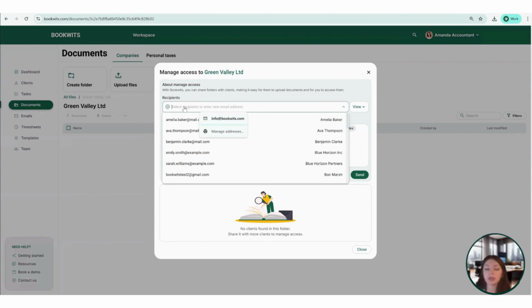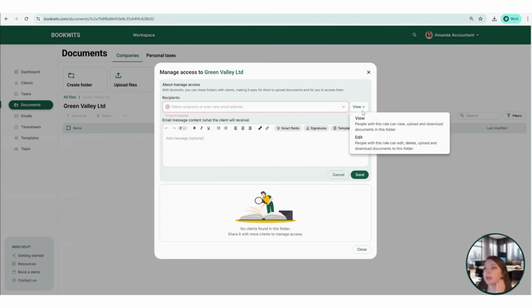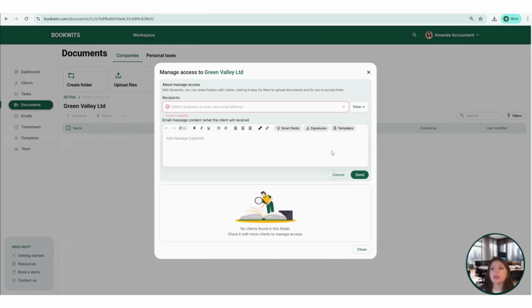You can start entering your client's email, and you can also enter a few emails at one time, so that different people can receive the invite at the same time. You can add them as viewers or editors. Enter the message, click on Send, and your client will receive an email invite, after which they will be prompted